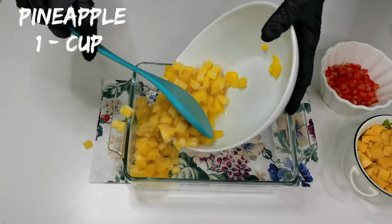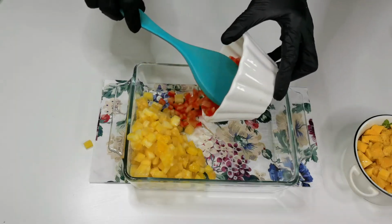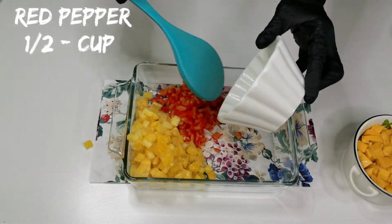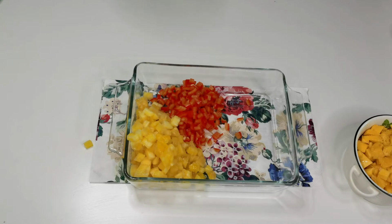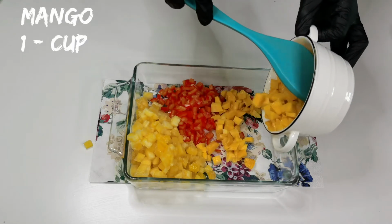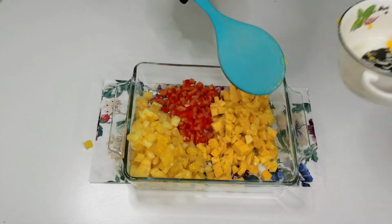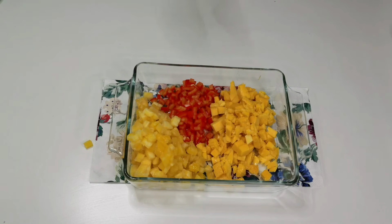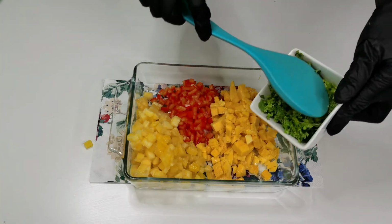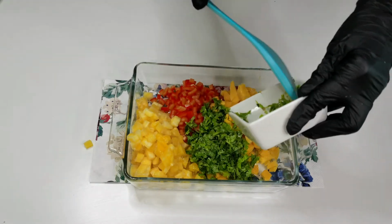Into a mixing bowl, add a cup of pineapple, half a cup of red bell pepper, one cup of mango, quarter cup of cilantro or coriander leaves,